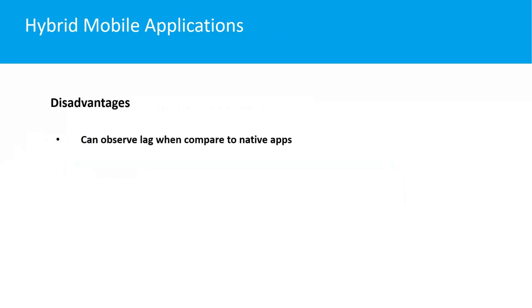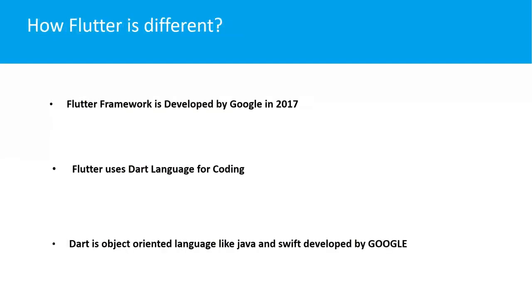The first one is that we can observe a lag when compared with native apps. For example, we create the same application using the native Android environment, and we create the same application using a hybrid app development environment. When we try to execute both codes on different devices, we can observe a small lag in the case of the hybrid application. It is somewhat less responsive. Okay, so to avoid this lag, Google introduced one new framework called Flutter